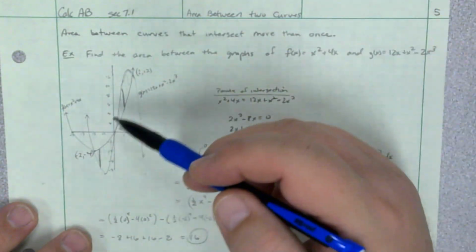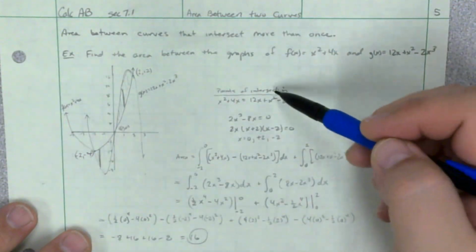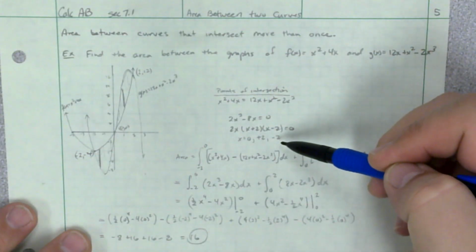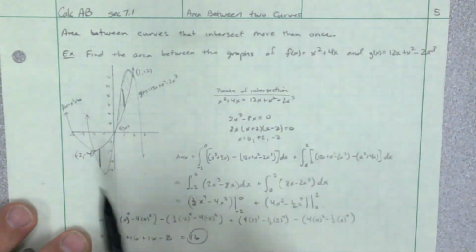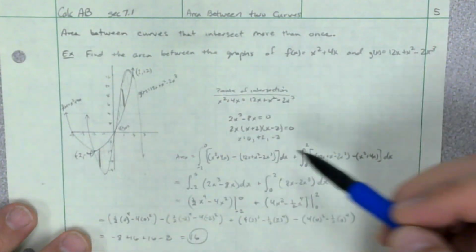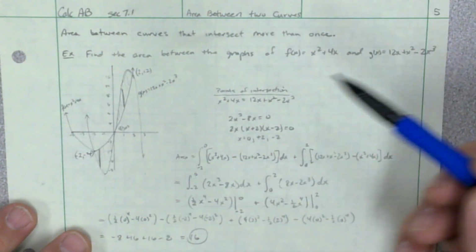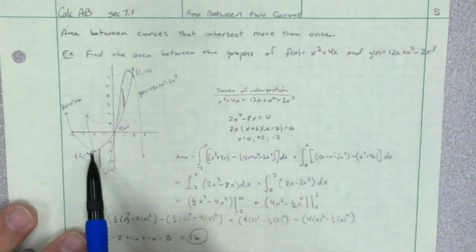So I have to learn to split this out, which means I've got to find the points of intersection, which we did algebraically. This would be an algebraic problem. I got an intersection at -2, at 0, and at +2, so we'd have to find those values. We draw our sketch, and then in the first region right here, from -2 to 0,